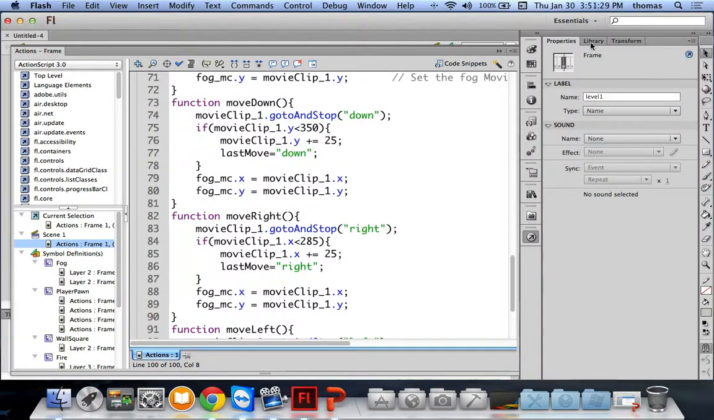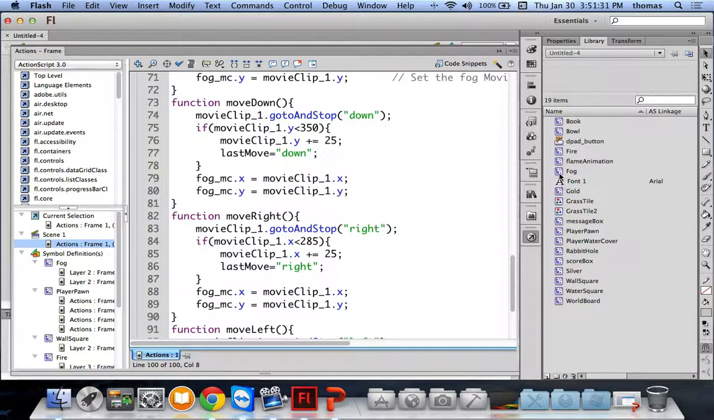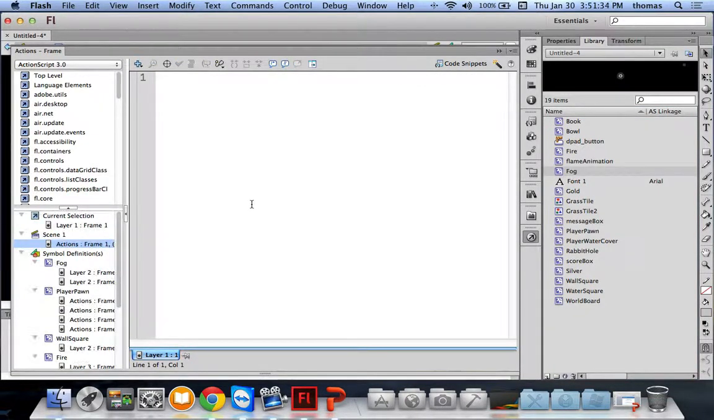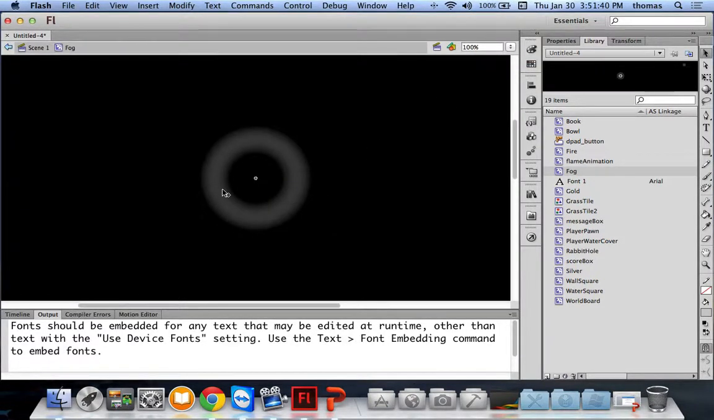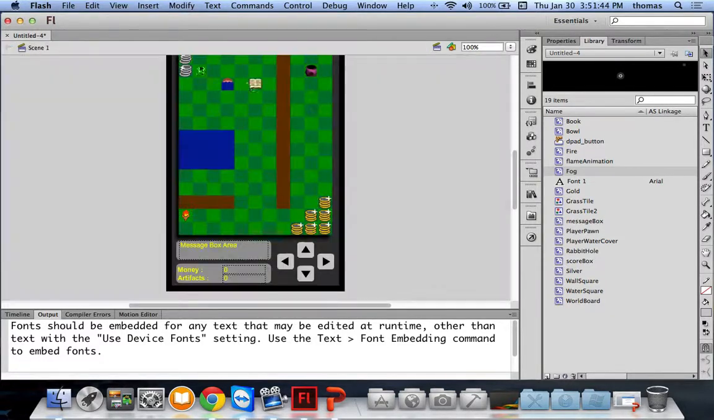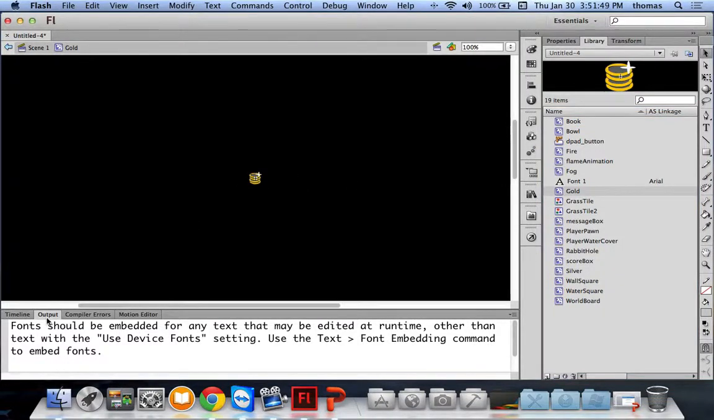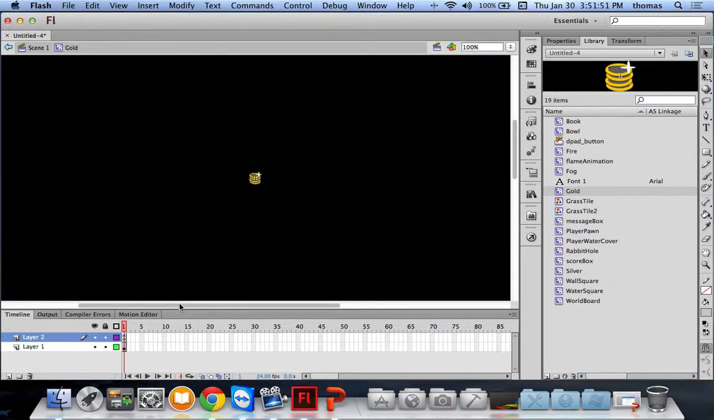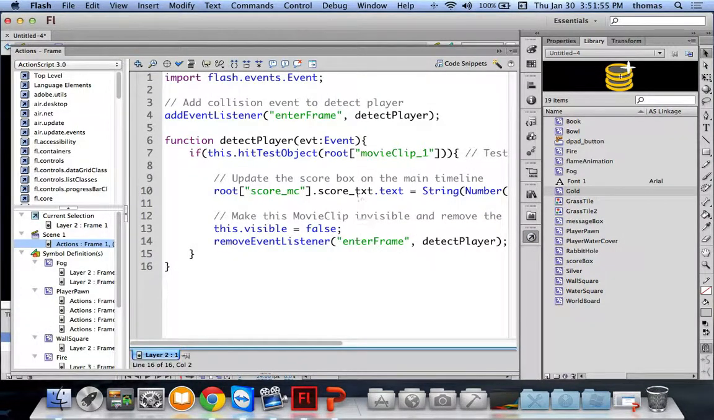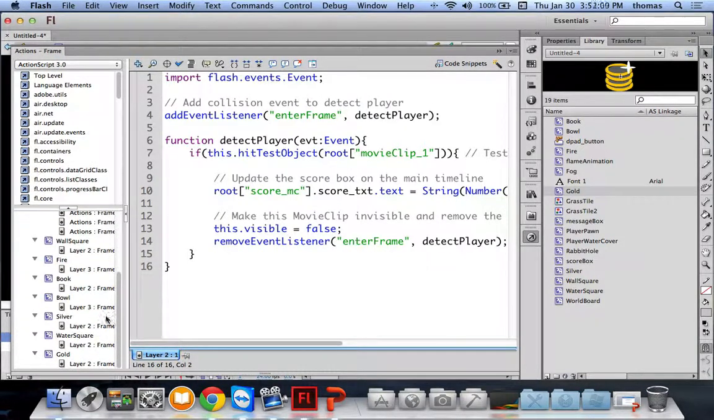Each of the items in the library, for example, we have something called fog. This is our item in the library here. And let me just go back. Here's the fog of war. This is what it looks like, and this is our symbol for the fog. It also has other symbols, like for gold. Here's our gold symbol, and each of these symbols has its own timeline and even some ActionScript around them. So if I go to the ActionScript for the gold,